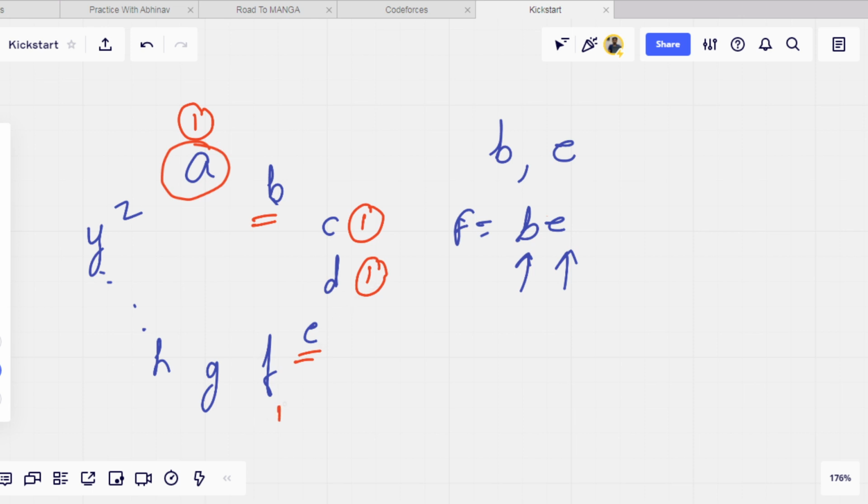For F, it is 1. For G, it is 2. For Z, it is only 1, because A is just after Z, so it requires only one operation. For A, it is 1, because B is the favorite. For B, it is 0, and for E, it is 0, because they are already favorite characters. So we don't have to change them.